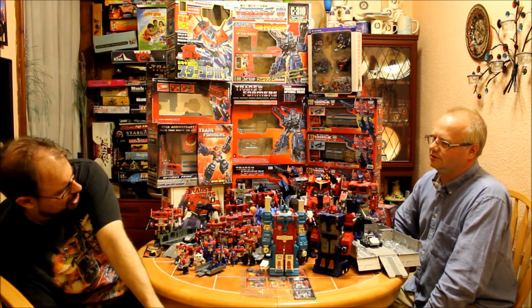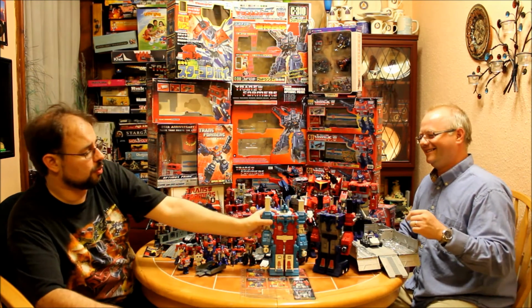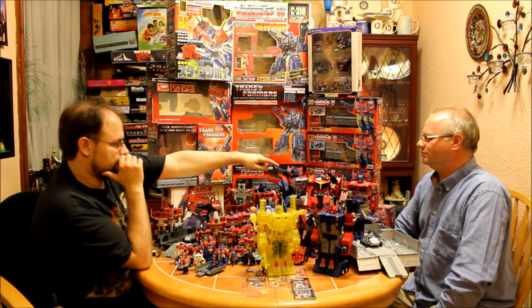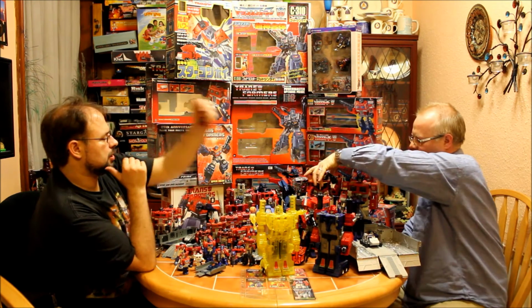I'll move shining yellow Magnus out of the way. So I like that one. Move one of the others out. Okay, I'll move normal Magnus out. Move that one out. If I buy normal Magnus, we'll leave Power Convoy there. Yeah, because he's just not got... Hang on. You hold that and we'll pull this one out for the camera for those that...